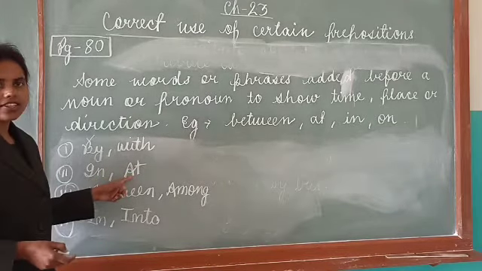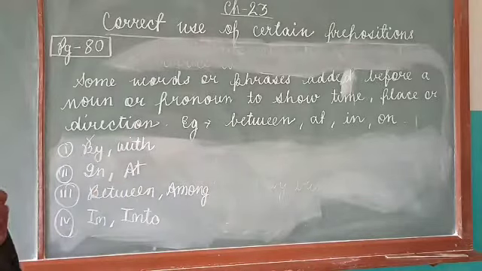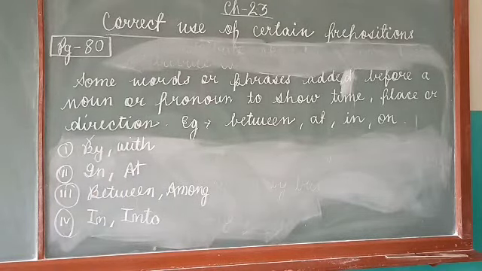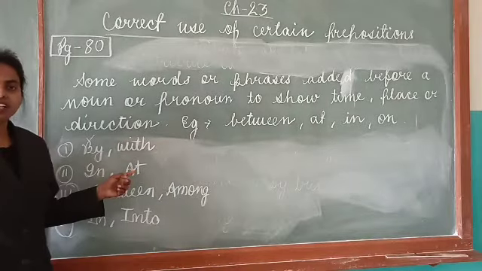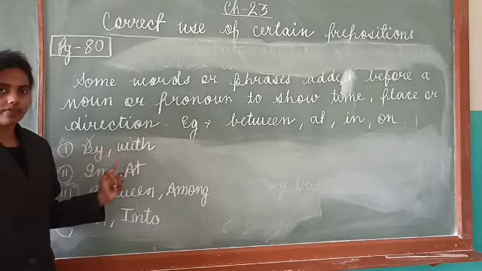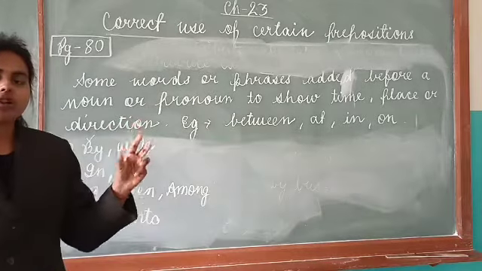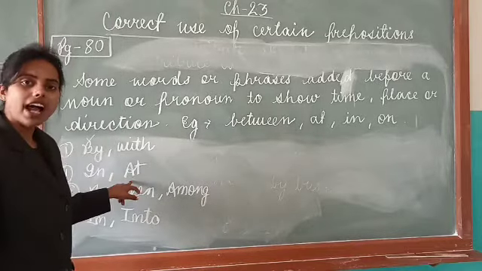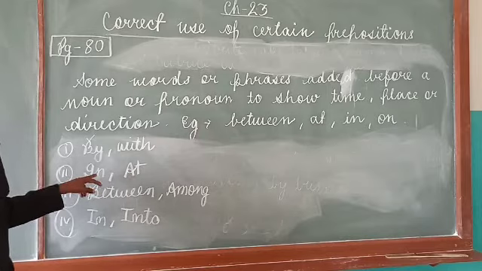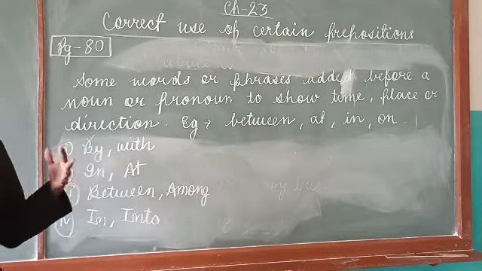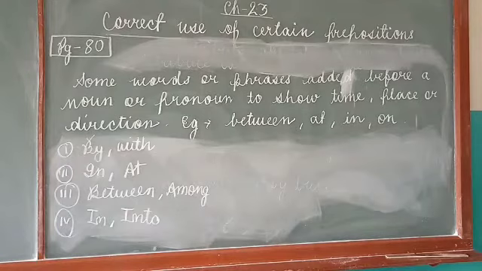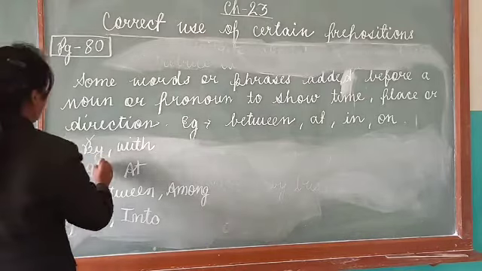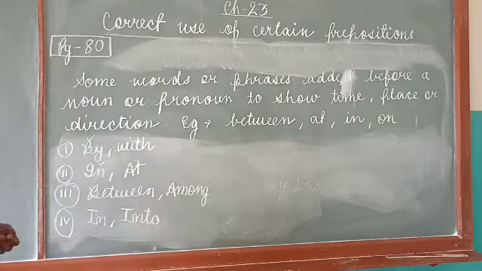Now talking about in and at. We use at whenever we want to point out a definite place. If you remember, I gave the example of Ram lives in Hazaribagh and Ram lives in India. Hazaribagh is a definite place, so there we will use what? Ram lives at Hazaribagh. And overall, like Ram lives in India. In India, you don't know where, but it is overall. So whenever we talk about overall things, we use what? In. And to show a definite point, we use at.